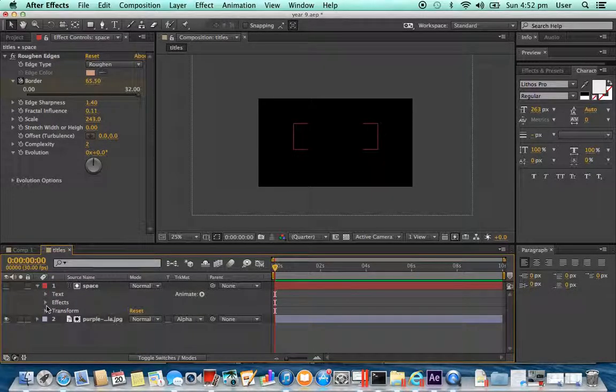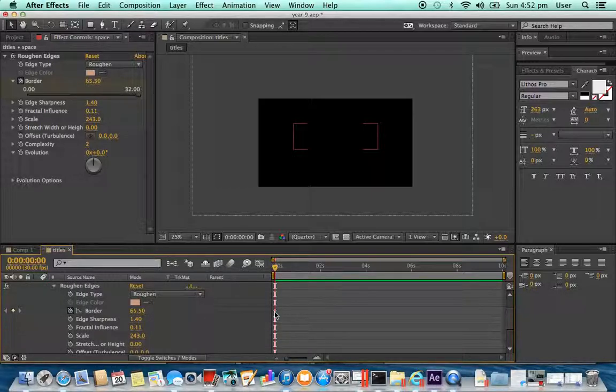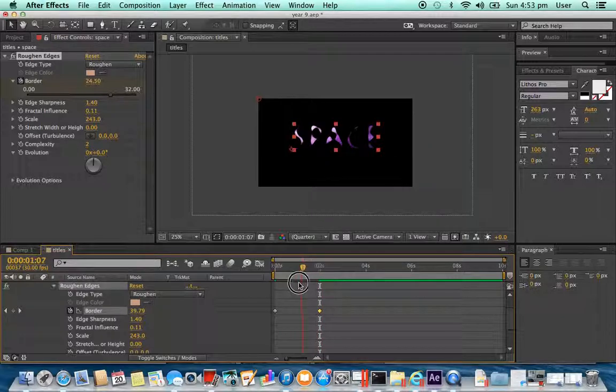We want to go into the effects, then we want to go into rough edges, and we found our first keyframe just down here. Now these keyframes can be moved and changed at any time. Right now I'm going to keep it at 0. Then I'm going to move up to 2 seconds, and I'm going to make this appear like so. Now as we can see down here, the next keyframe has appeared. It does it automatically,